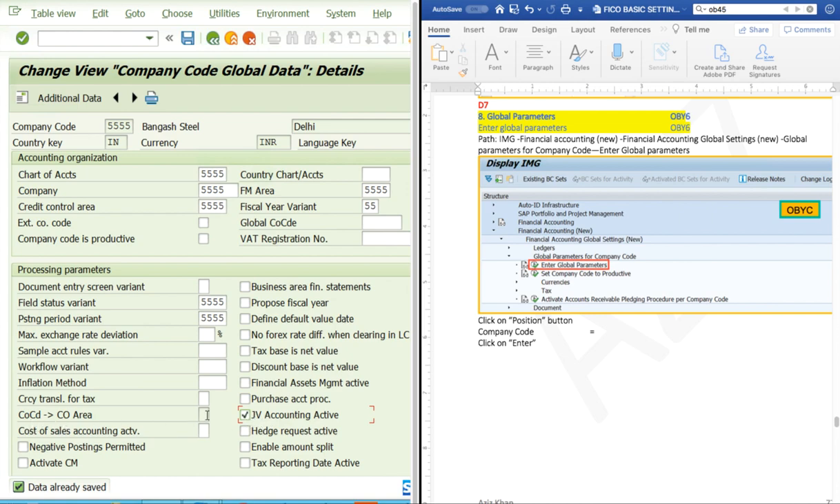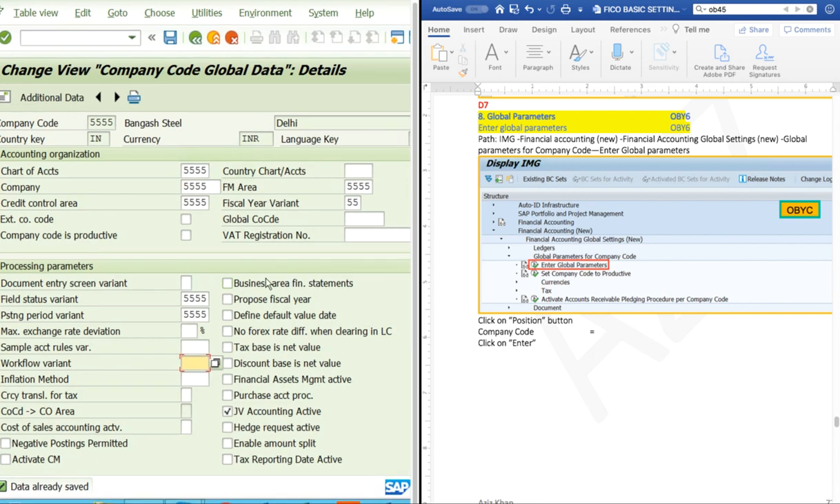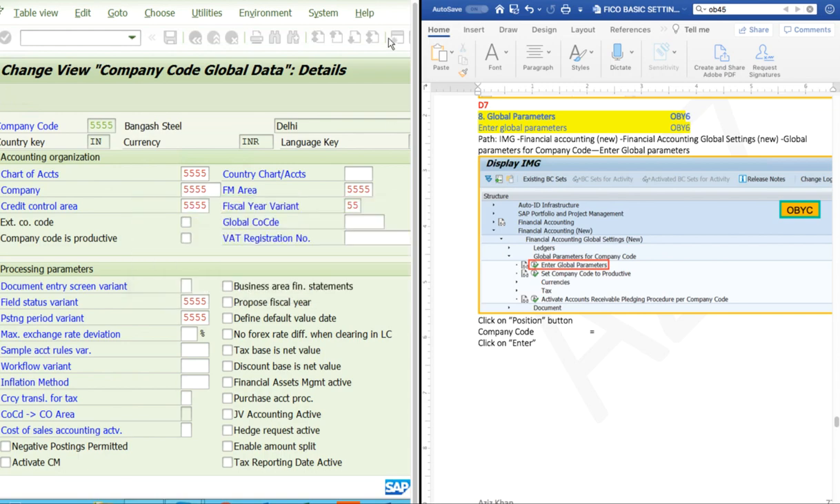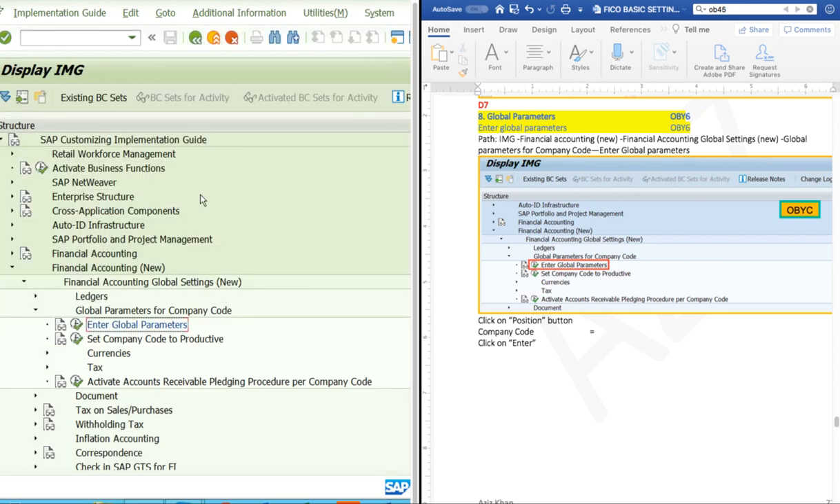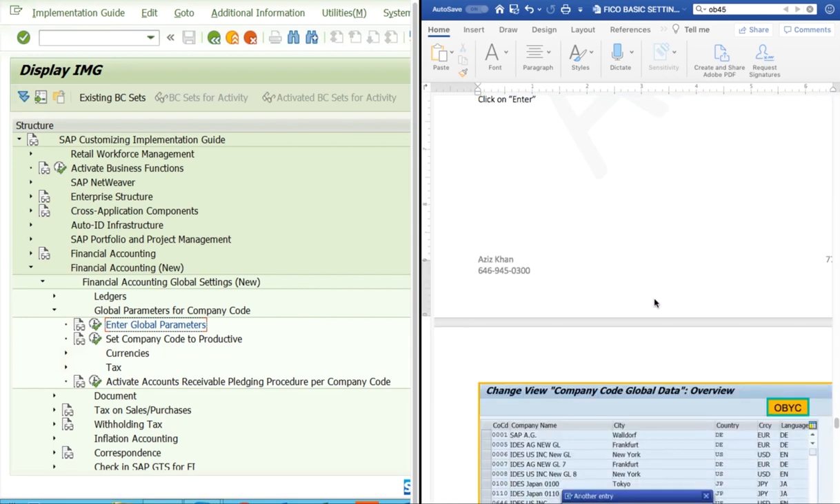Let's say you have only one company, then you don't need this company code to controlling area, because you have no cross company code and you don't want to use cost accounting, so you don't need this. You don't need a workflow variant. One person is enough, he is doing it, he doesn't need any approval, right? So only the stuff that we need we already defined. So we have completed our organizational structure, global settings, and all those parameters